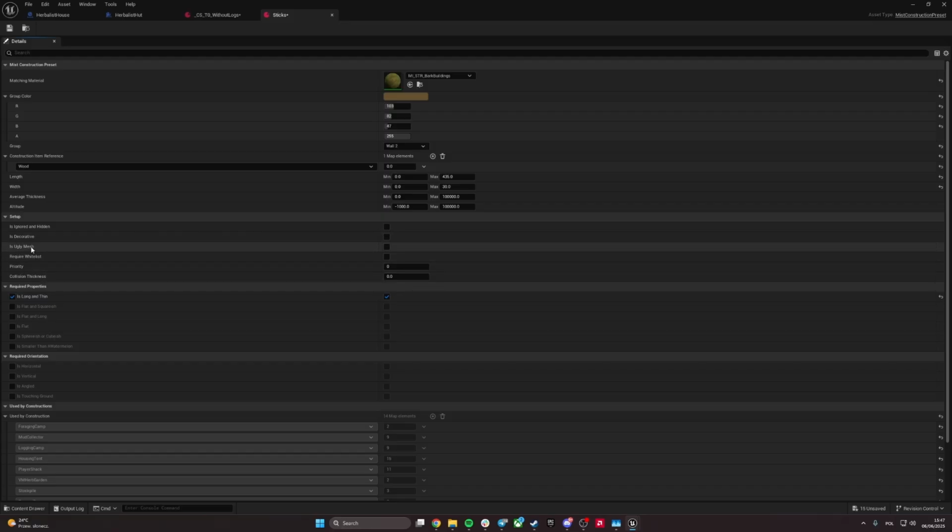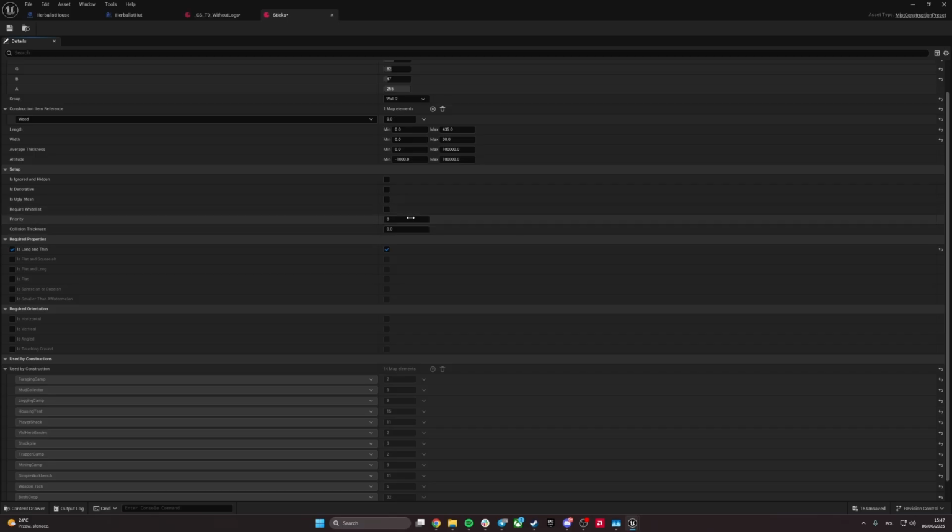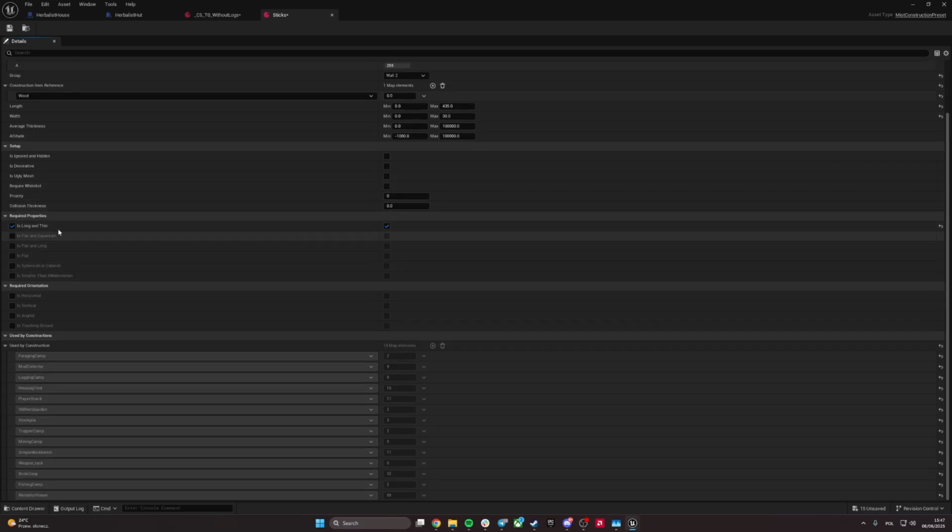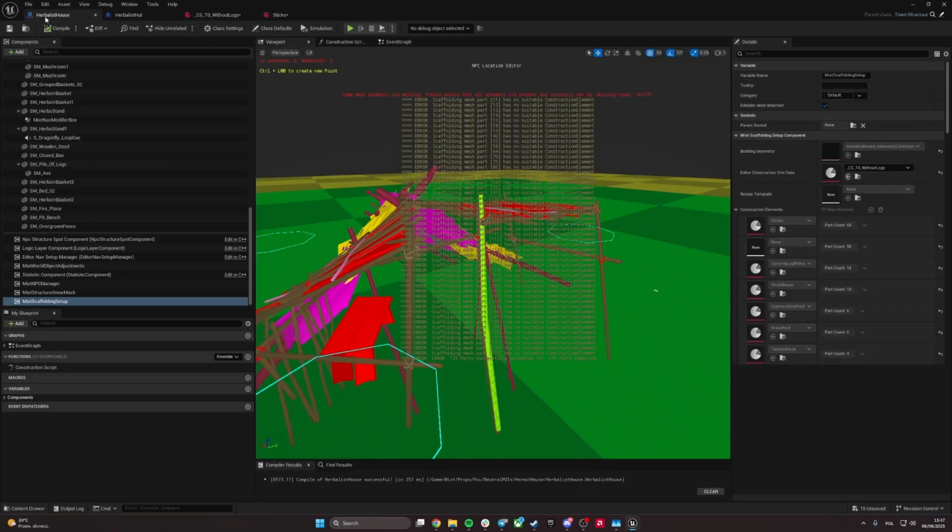Or you can do the opposite: you still want to use something in the recipe, but you don't want it to appear during construction, so you set it to ugly mesh. And there is also priority, collision thickness, various properties for orientation, and you also see in what presets this construction element is used. So yeah, plenty. So for example, if you have